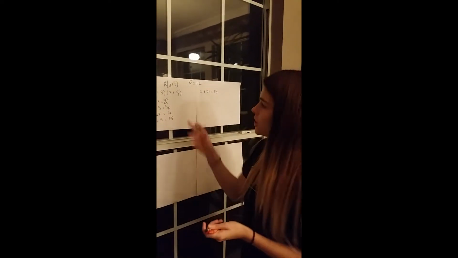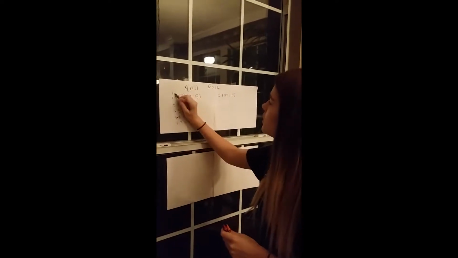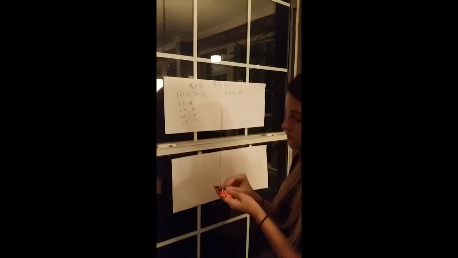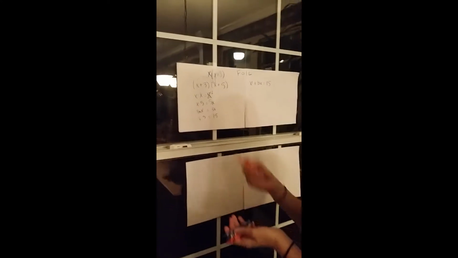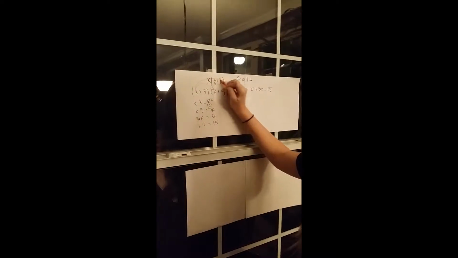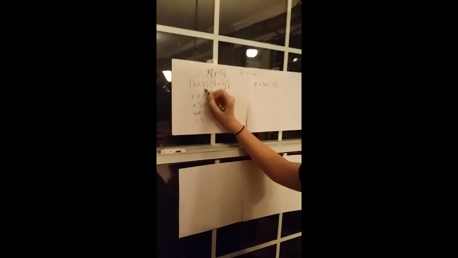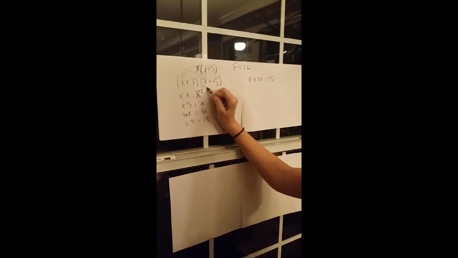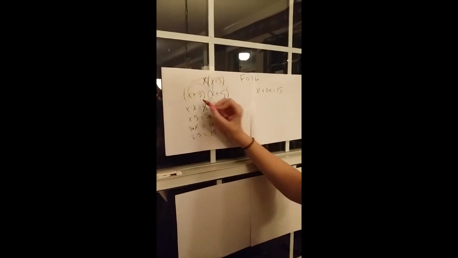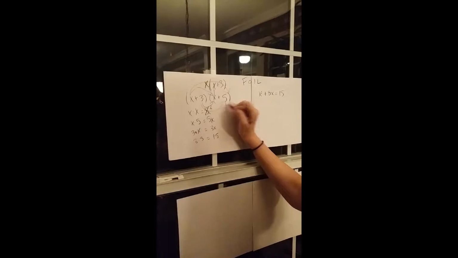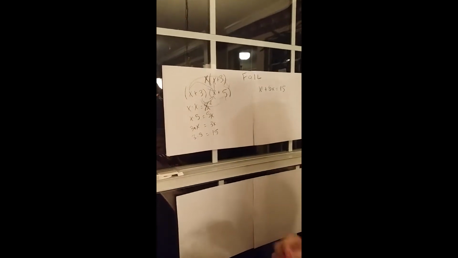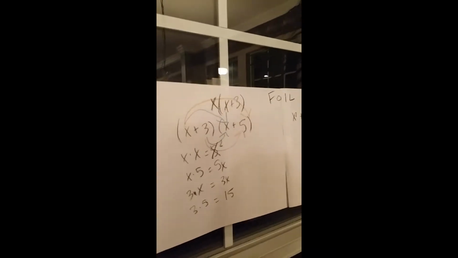So the first terms will be blue, first terms. Then the outer terms are going to be orange, so outer terms. And then the inner terms are going to be green, and the last terms will be red. Alright, so we'll say first is blue,